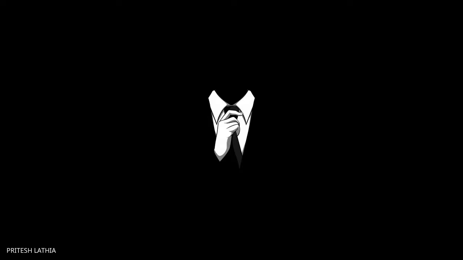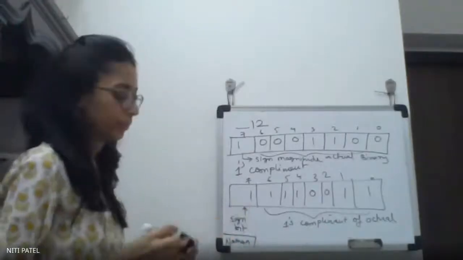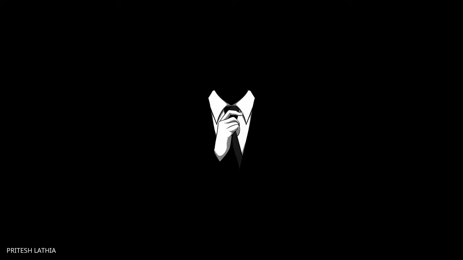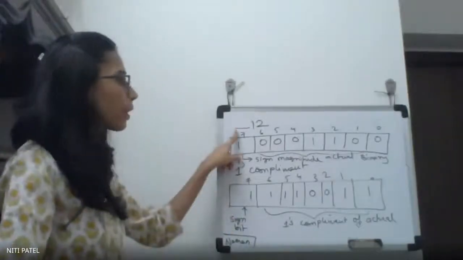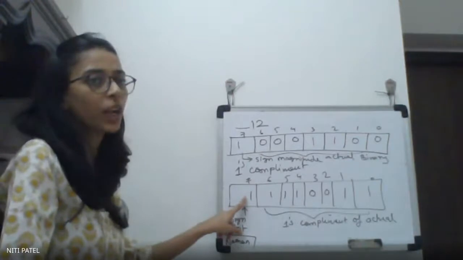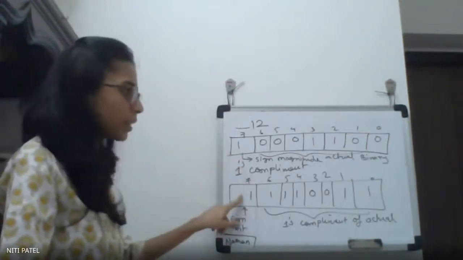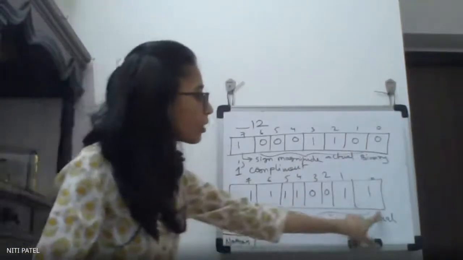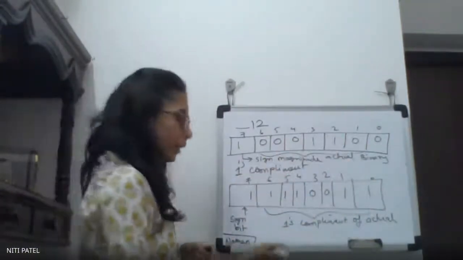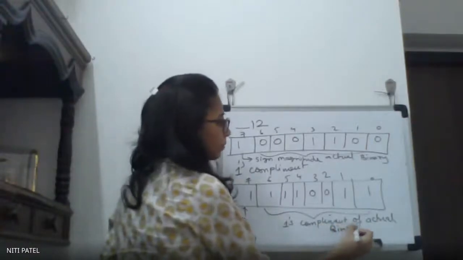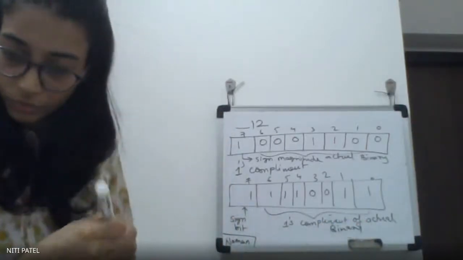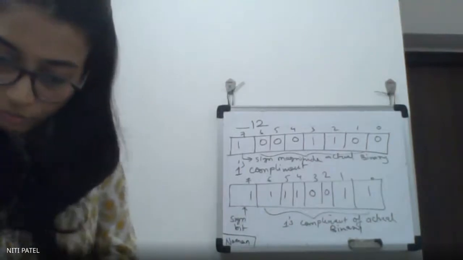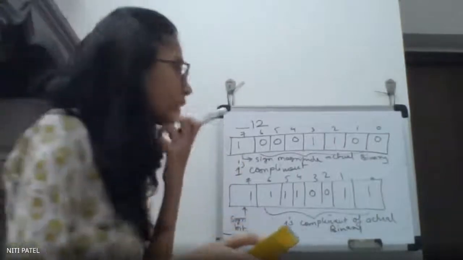1100, 1111. So why have you kept this one as it is? Because of the sign bit. Since the number is negative, I am not supposed to complement it. I have to keep it as it is. So the sign bit is 1, which is a negative number, and then the ones complement of your actual binary. Is this clear, everyone? Take down the next question.